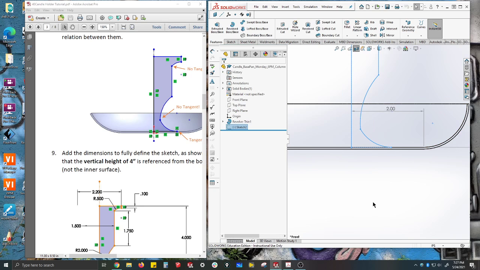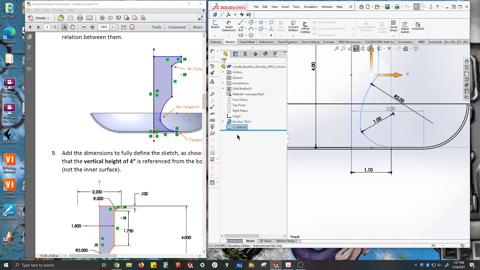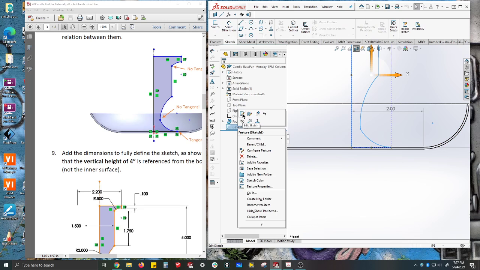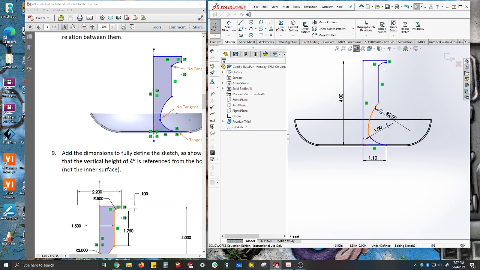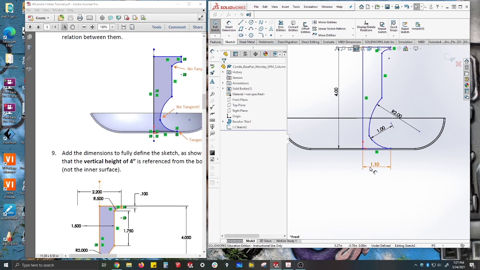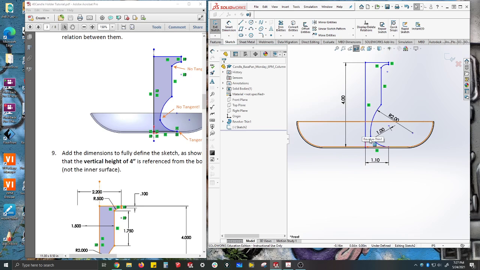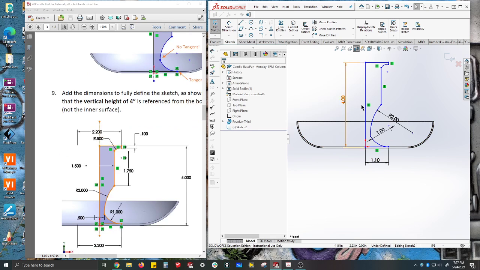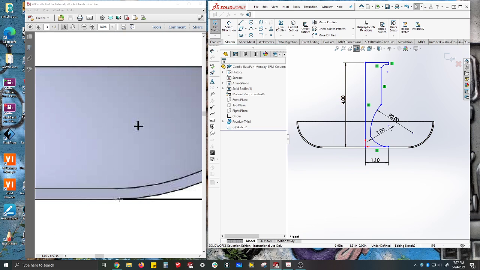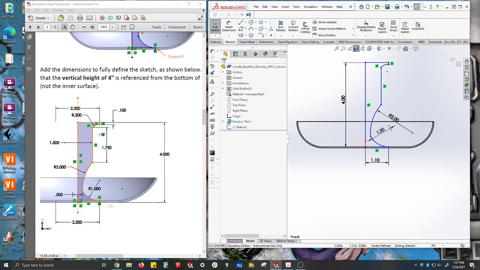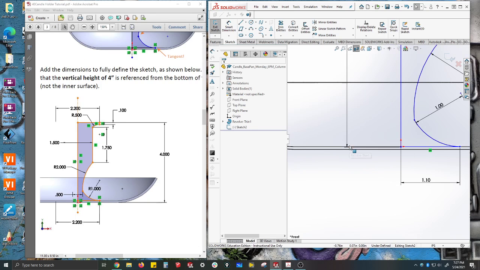We should always, let's edit this sketch again. I right click on the sketch just so I can edit it. There's a lot of things that are not defined here and some that seem to be wrong. So let's just go through and try to define this sketch, see what happens. First thing I notice is that this 4 is not in the right place. You see over here it's at the base of the base, and here you have it on the interior of